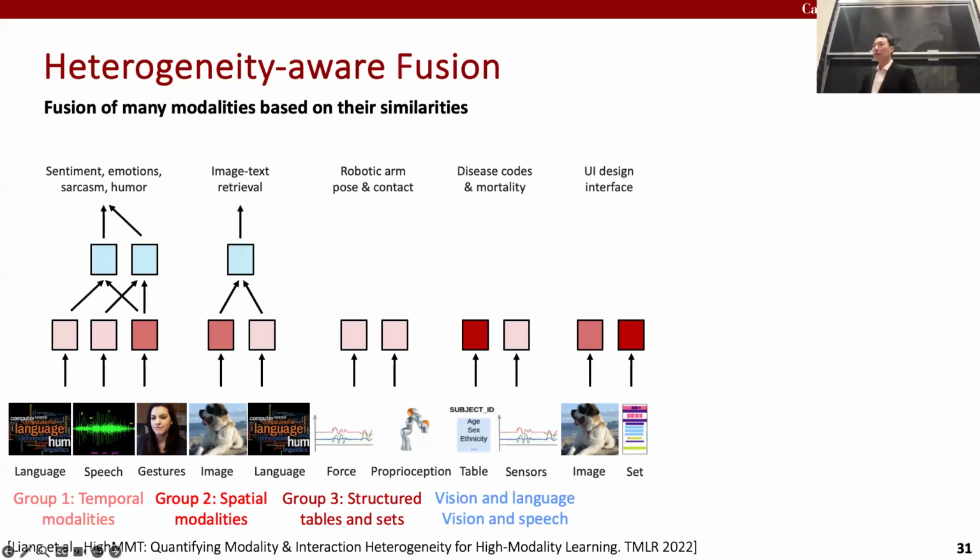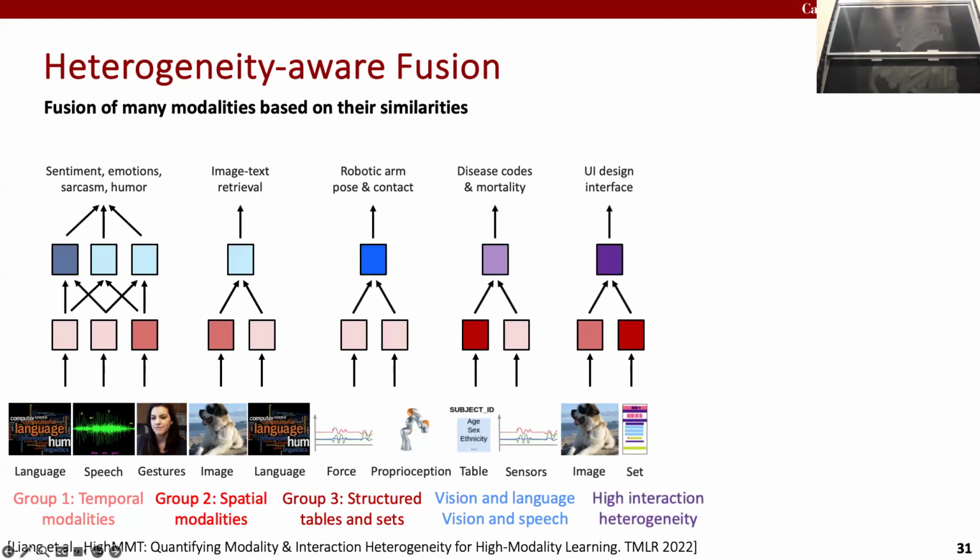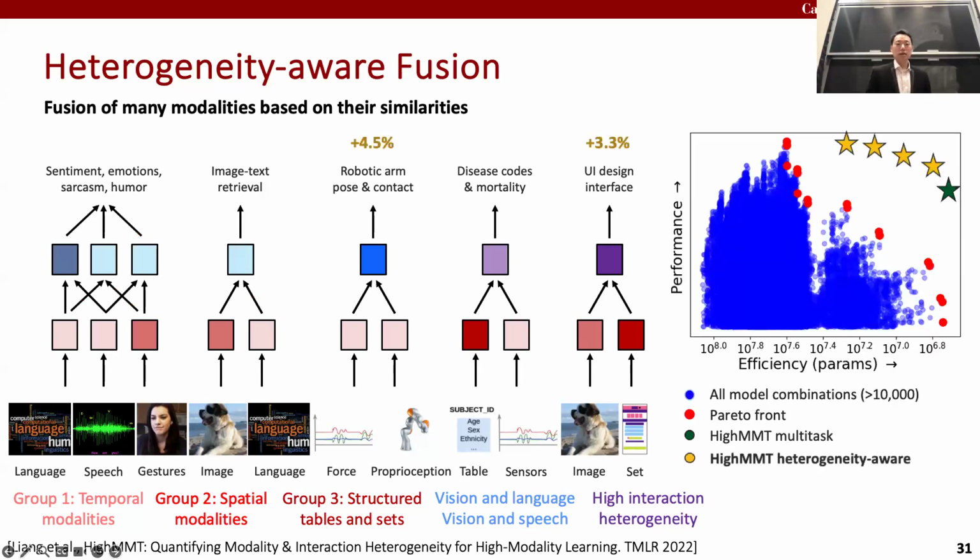On the multimodal side, we find that vision and language and vision and speech actually fuse very similarly, so you can use the same set of parameters, but otherwise there's a lot more heterogeneity in how these modalities interact than in the modalities themselves. And finally, that completes the curve. We have these heterogeneity-aware transformer models. By designing the right amount of parameter sharing, you get a lot more efficiency, because you're still sharing more parameters than specialized models, but you get much better performance. You recover the best performance of these really specialized methods.